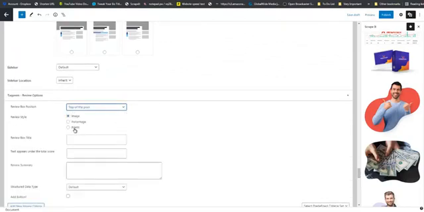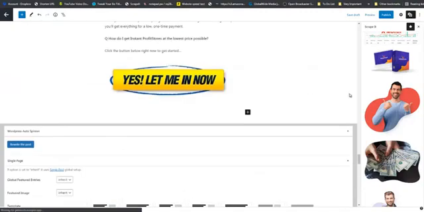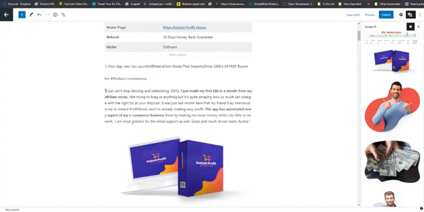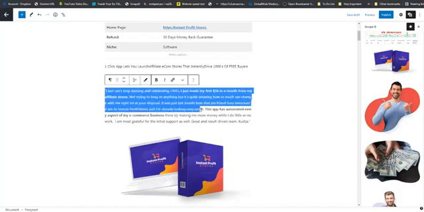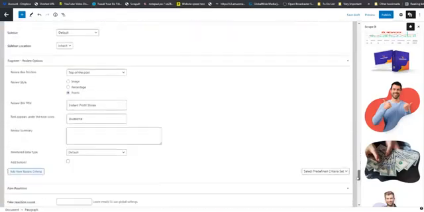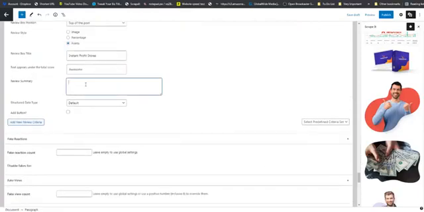top of the post. I'm going to use points, Instant Profit Stores, I'm going to put awesome here, and then for review summary, all you have to do is just go back to the top. You grab some text. I'm going to just grab some of this right here, copy it, come back down to the bottom of the page, paste that in there,